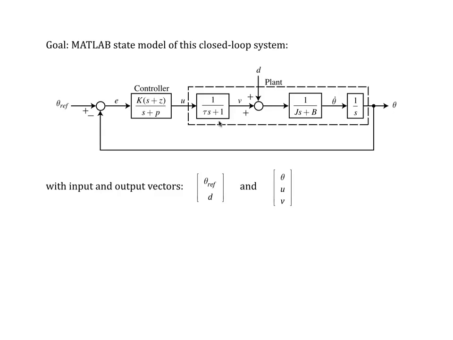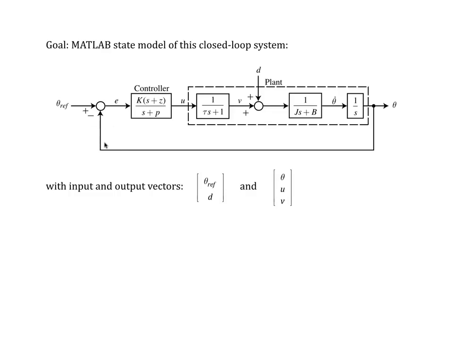The plant includes, say, an actuator model, 1 over tau s plus 1. The actuator generates an actuator signal V. Also in the feed-forward path, we have a first-order controller that has its own 0-1 pole. The controller operates on an error signal E to produce the control signal U. The error signal E is the difference between a reference input signal theta ref and a perfect measurement of the